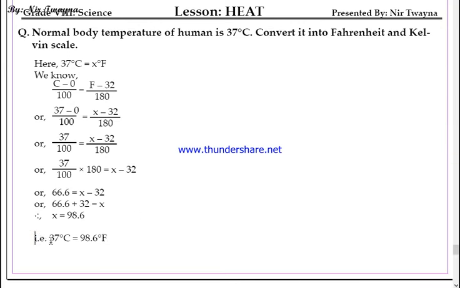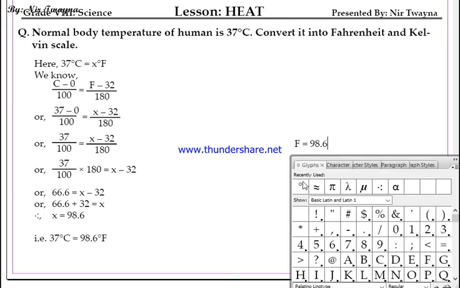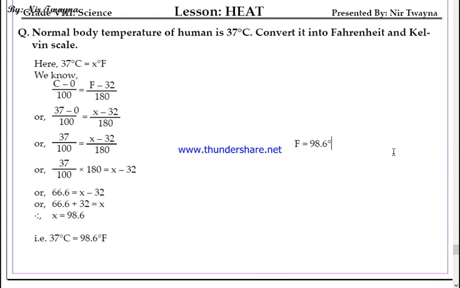Understood or not? Is there any confusion? Don't write C. Here I substituted F by x, but sometimes you tend to write F without substituting. You write F here, no x, then F equals 98.6 degrees Fahrenheit, and you write the conclusion like that. You tend to write your answer like this, but this would be wrong.